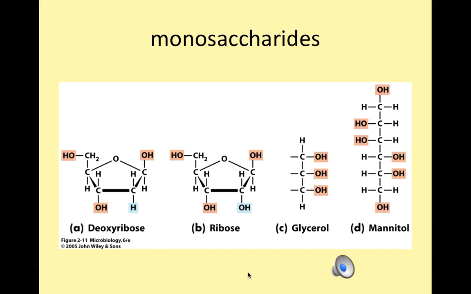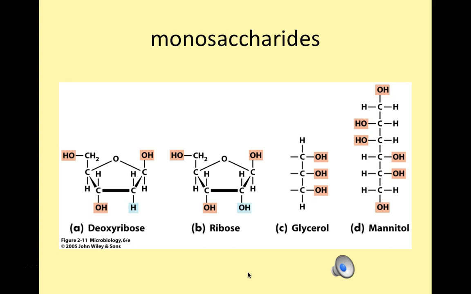Notice that with the structure of deoxyribose and ribose, the only difference in the 2 monosaccharides is located where the hydrogen is highlighted in blue on the deoxyribose and the OH, or hydroxyl, is highlighted in blue on the ribose. There's really only 1 atom difference between the 2 monosaccharides. In fact, when we take an oxygen away from a molecule, as we have in ribose under item B, and replace it with a hydrogen, we say that that molecule has been reduced.